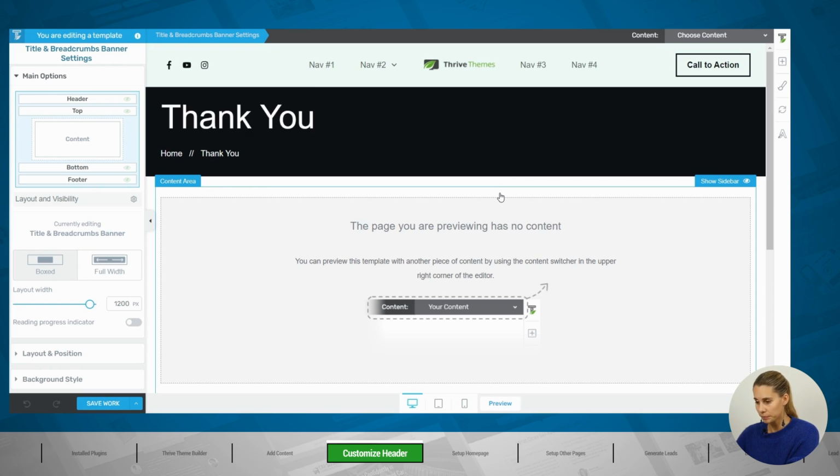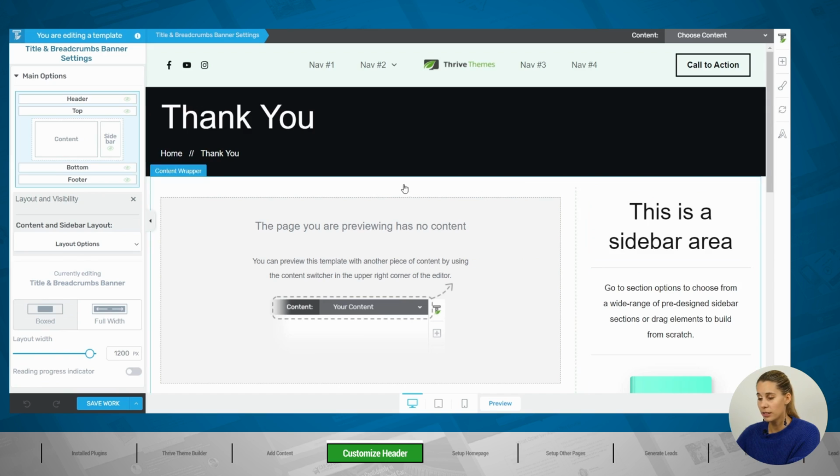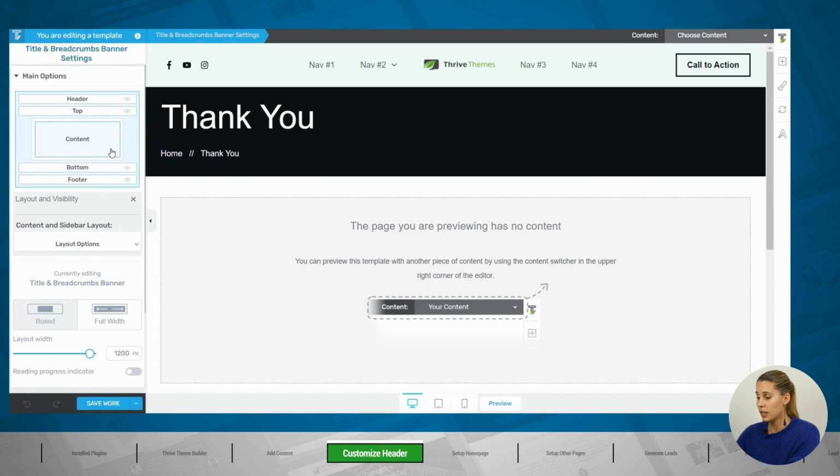on the front end. So one thing that is important to realize is that this template exists out of different sections. So a header section, a top section, content section, bottom and footer section. And then we also have a sidebar section, but this one is hidden right here. So you can see that the sidebar section is hidden. If you unclick this, all of a sudden there will be a sidebar on your page. If you click on this eye icon again, then the sidebar is gone. As you can see, really easy to play with,